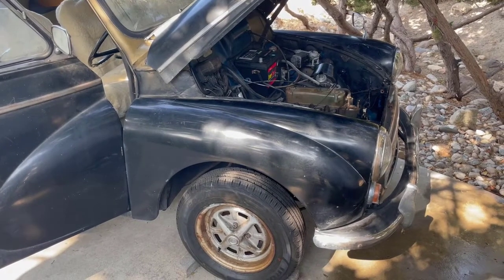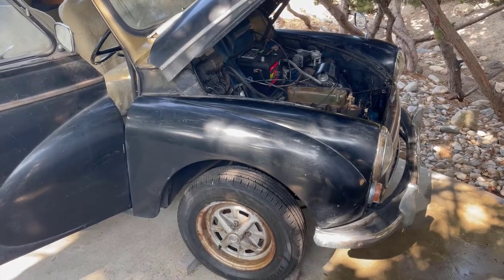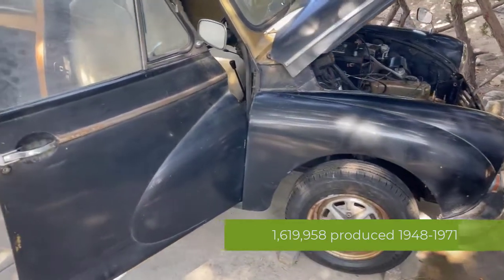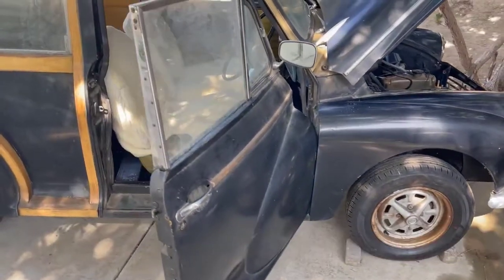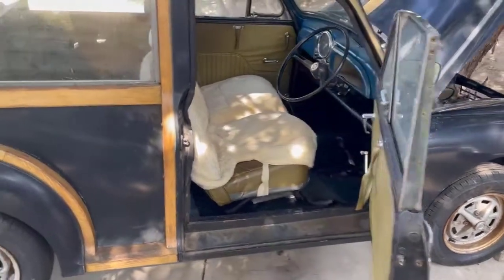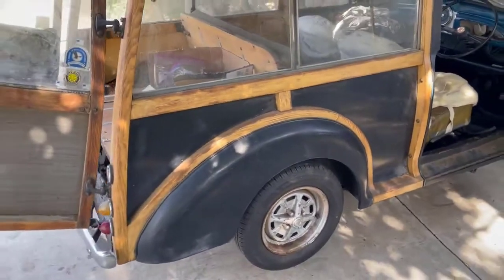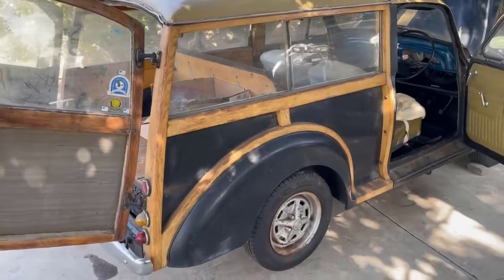The Morris Minors were produced in England from 1948 to 1971, and they were a very, very successful car for a British car. They sold over 1.6 million versions of this. And there was a coupe, four-door, there was a tourer, which is a convertible, there were vans, utility vehicles, but